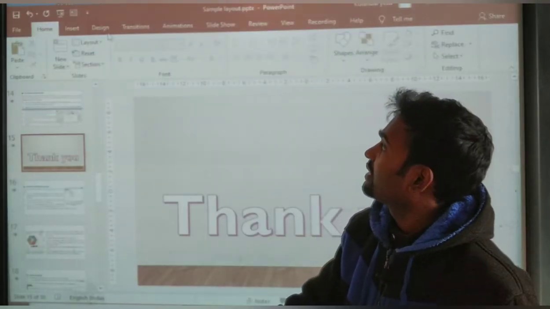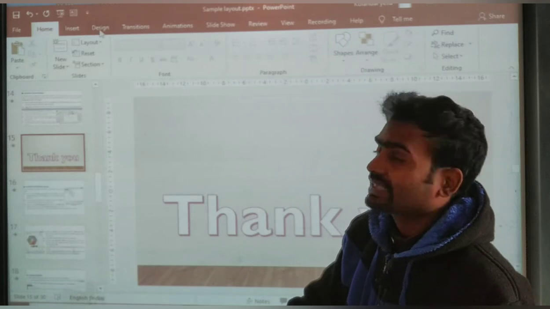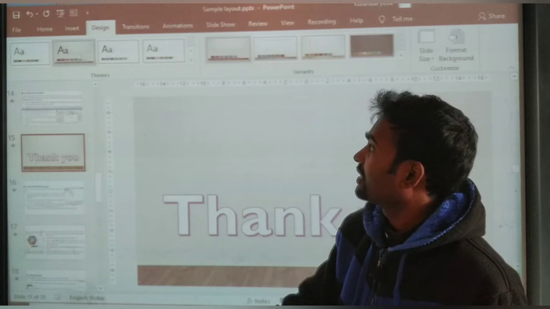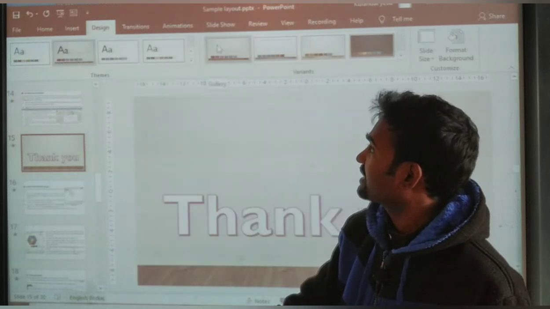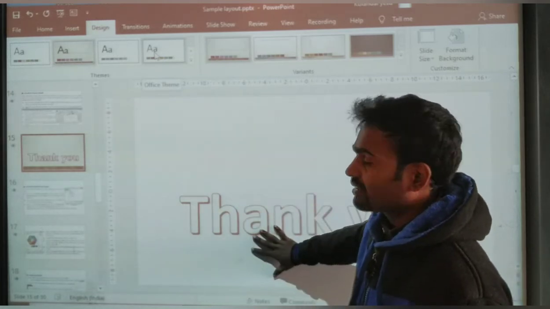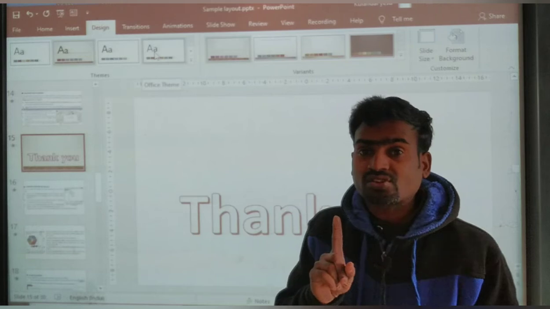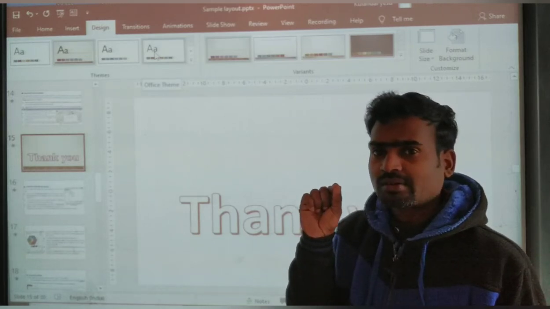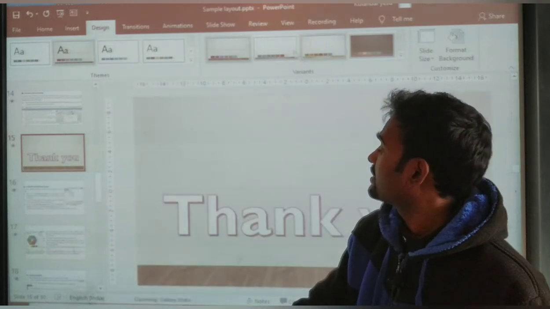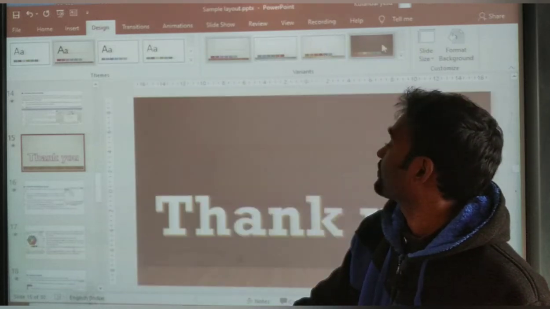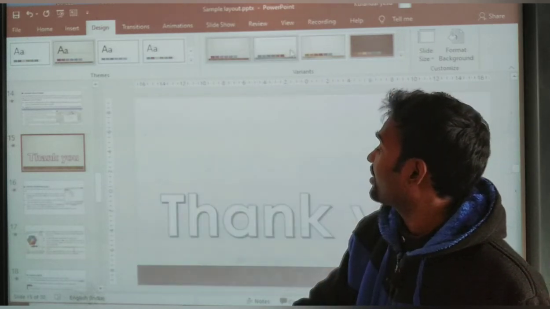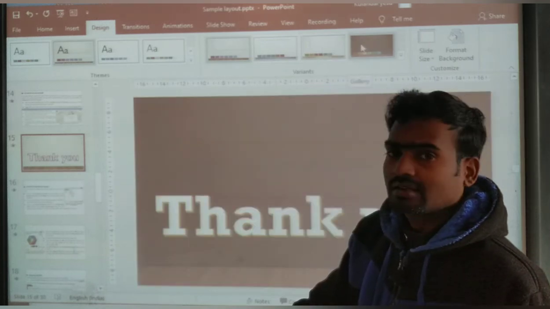I will just show you now. See here, we have to open the design menu, and then here the themes are there. If I keep my mouse pointer over any theme, that will be reflected here. See here, office theme. When I kept it here, that theme has been reflected here. I haven't selected it so far. I just kept my mouse pointer over there. See here, now this one and this one are changing. So everything will be changed according to that.